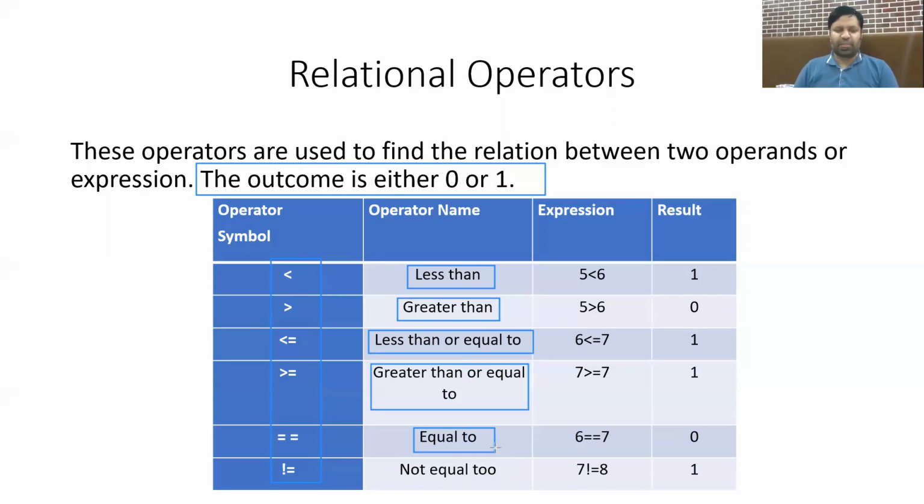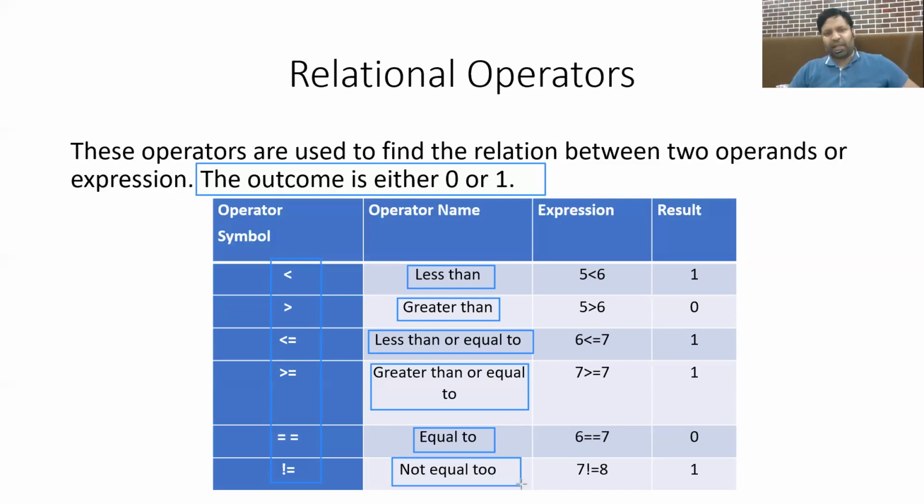important and unique symbol, because a single equal to is used for assignment, and when we have a double equal to, it is used to compare the value of the two expressions. So it is a relational operator. Please remember, single use of the equal to symbol is assignment and double use of equal to is a relational operator to check if the value of expression 1 and expression 2 are equal. The last symbol represents not equal to.